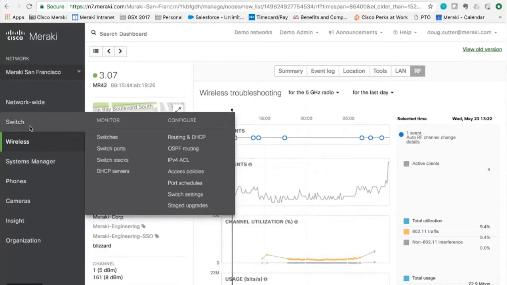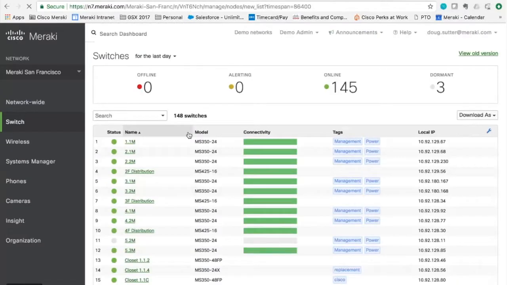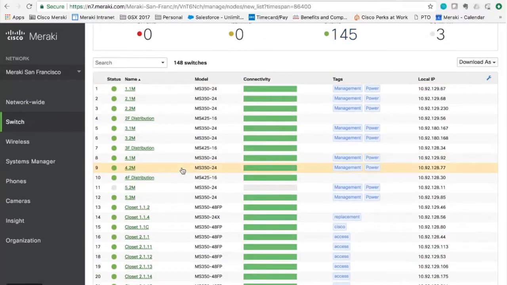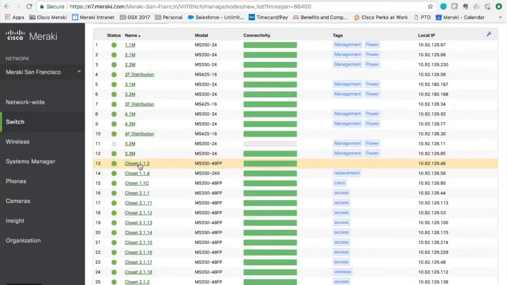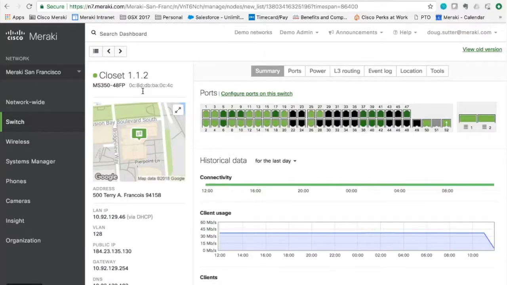So with that said, I want to jump in really quickly to our switches, because what I want to highlight is, first and foremost, that you can quickly see if there are any devices offline, alerting. Looks like they're all online currently. But let's go ahead and scroll down to this closet switch. It's an MS 350/48 full power, and the reason I want to highlight this switch is it should